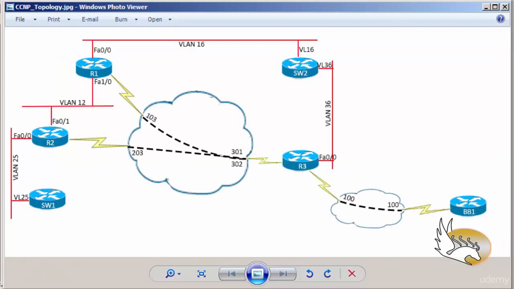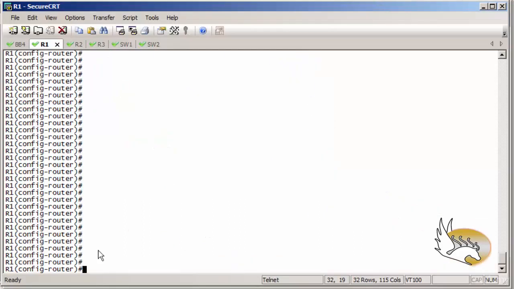Next thing I want to talk about is auto summary, and for that I need to add some loopback interfaces to my routers. Go to each router and add a loopback interface, and I'm going to put those interfaces in one major network. For example, in network class A, B, or anything else, they are going to be in one major network. I go to interface loopback 0 configuration, and I add an IP address, for example